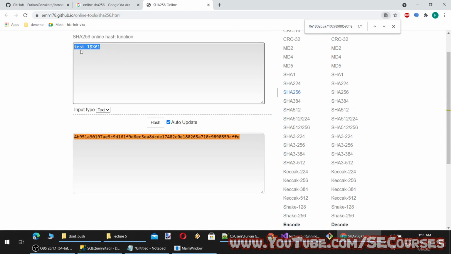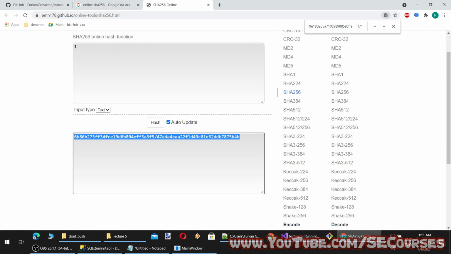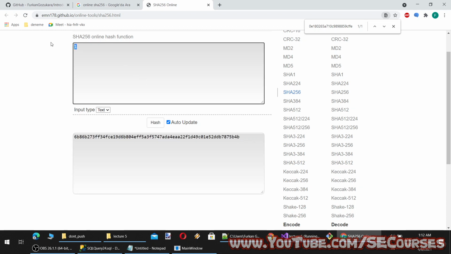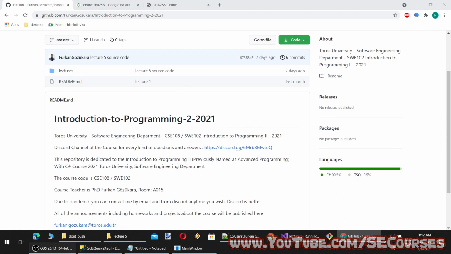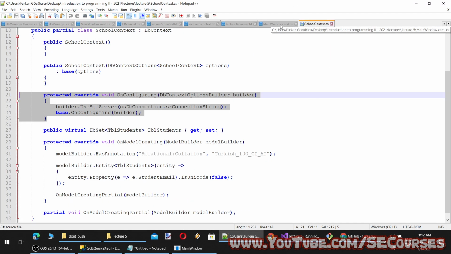So this is what salting is about. If you just simply use one, this is probably already in rainbow tables, therefore they can easily solve that this hash matches the one. However, if you use salting, then there is no possible way for them to automatically solve even easy passwords such as one. Okay, this is the way it is. All right, I think this lesson was awesome.